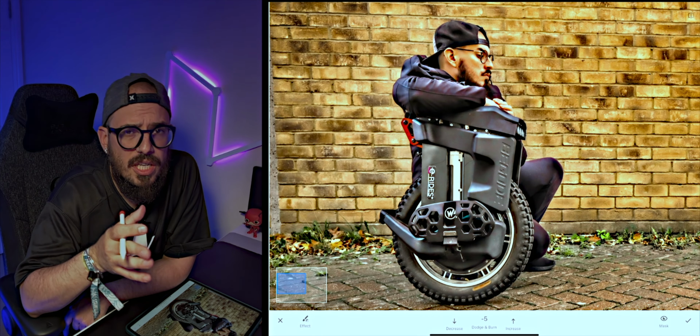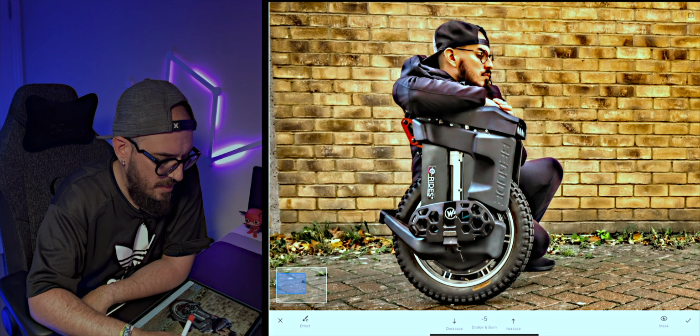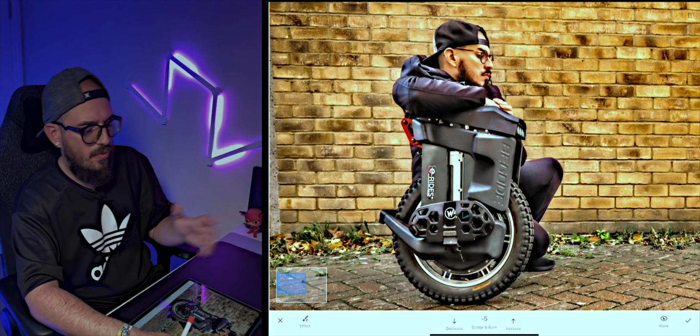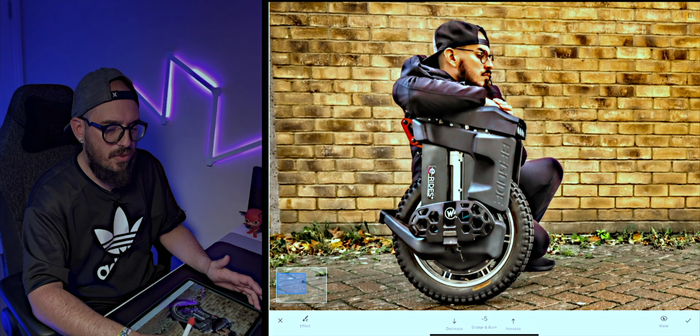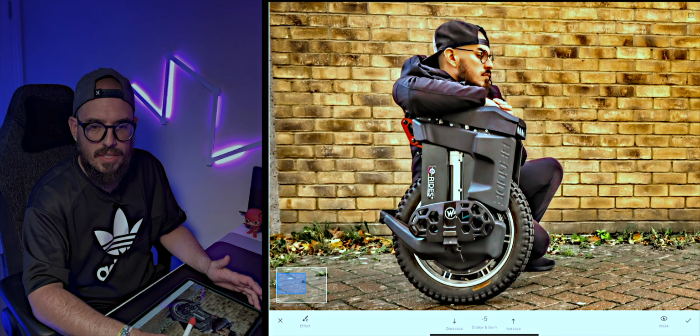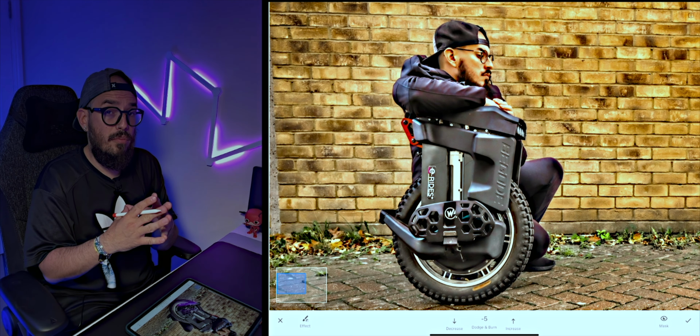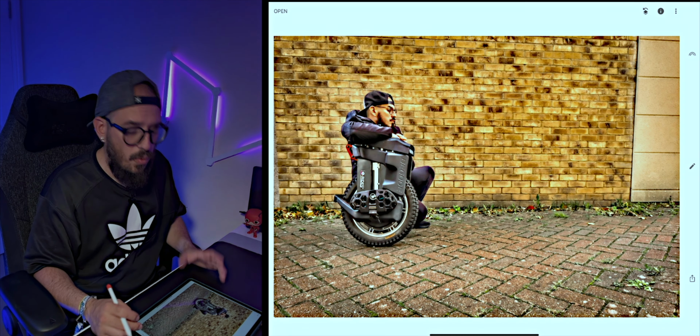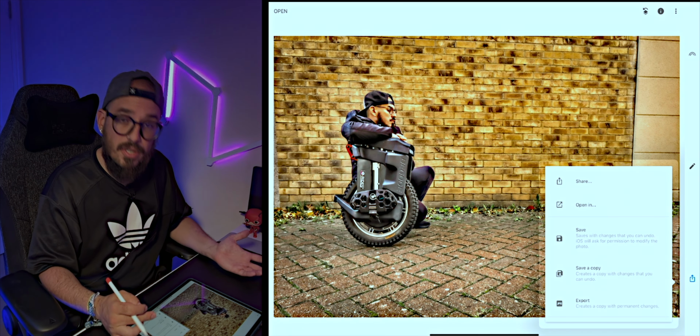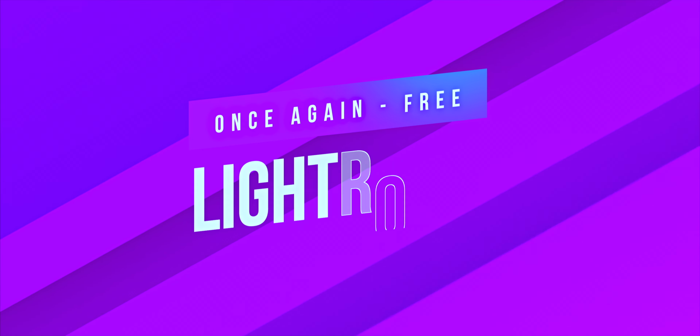Now that I've worked on the shadows and the brightness of this photo, you can see that it's a bit more 3D. The background is not really relevant, but you can see a massive difference between one and the other, and this will make the photo pop out much more when it's finished. So when I finish this, I'm just going to export this one also, and I'm going to import this photo